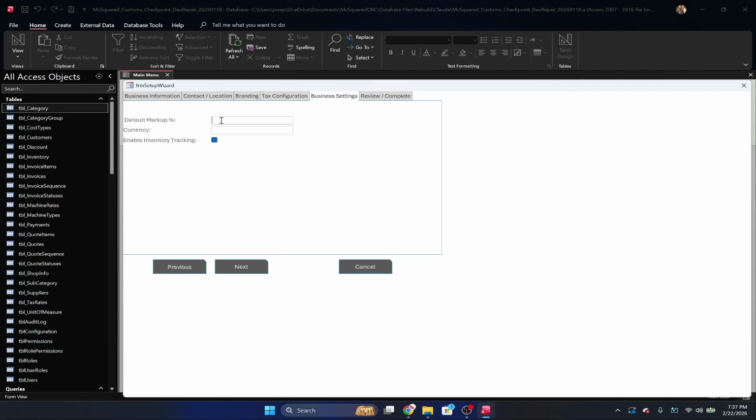Business settings. This is default markup percentages, and this sets your default currency. I have not tested this yet, but I will build it in. Right now it's set up for US dollar only. However, I can easily write a Visual Basic script that will convert the US dollar to whatever the current exchange rate is. That's going to potentially require another form that you as the user would have to interact with